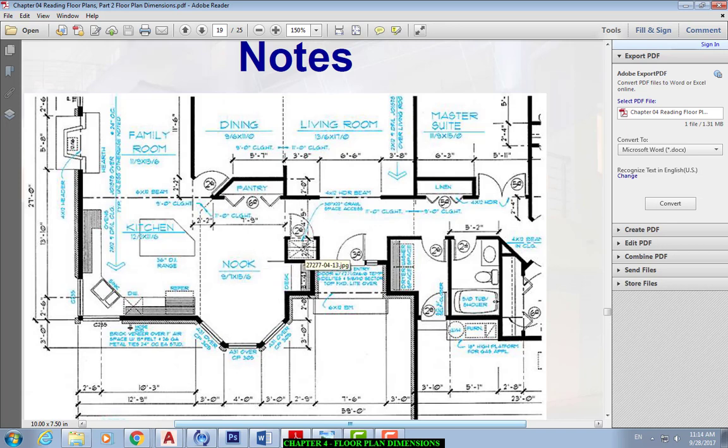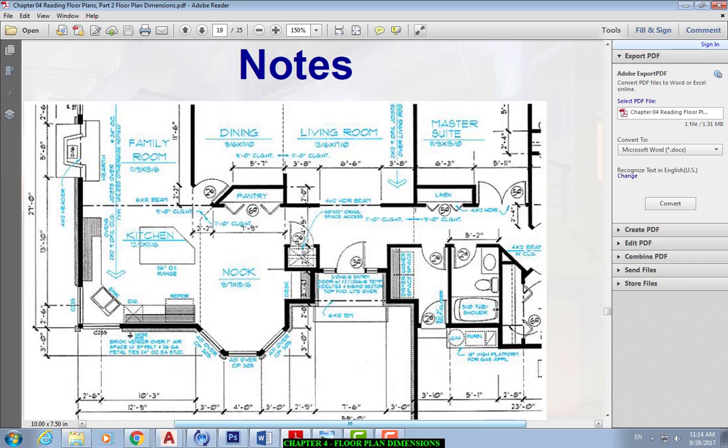But when we look up, usually we tend not to pay attention to the ceiling. And you need to tell the contractor, if you're going to do something with the ceiling, you have to put it there. For example, here, you see these hidden lines? There, there, and there. And then you see some notes, and again, they're hard to see. They have a hidden line there, and then they have an arrow pointing to each other towards that line, and then to this side, they have 11 feet ceiling height, and this side, 9 feet